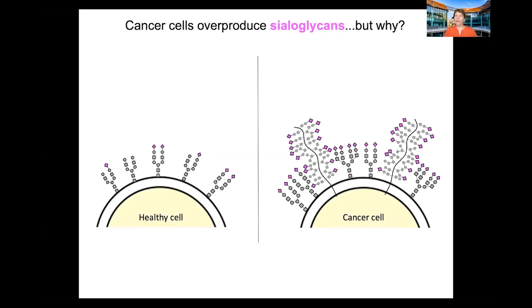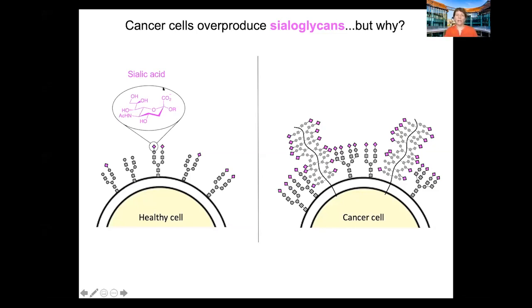And even back then, there had been several decades of published observations correlating changes in the structures and patterns of cell surface glycans with cancer as a disease. And one of the most prominent observations in that space was the recognition that glycans that terminate in a sugar called sialic acid, which we then call sialoglycans, often undergo an upregulation or an overproduction in the tumor microenvironment.